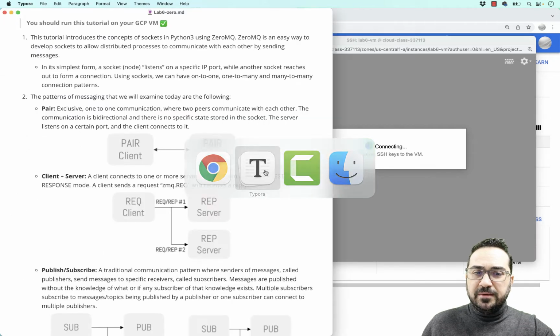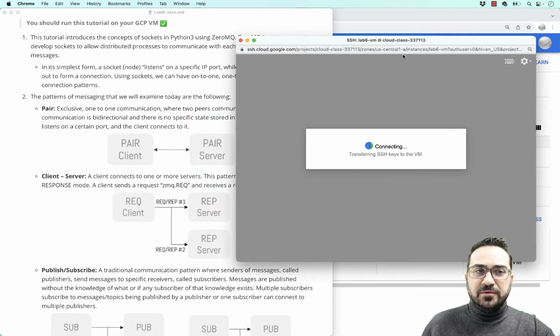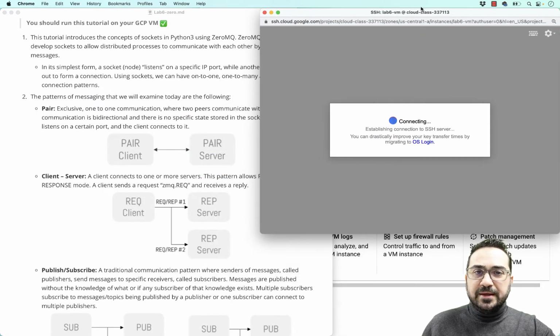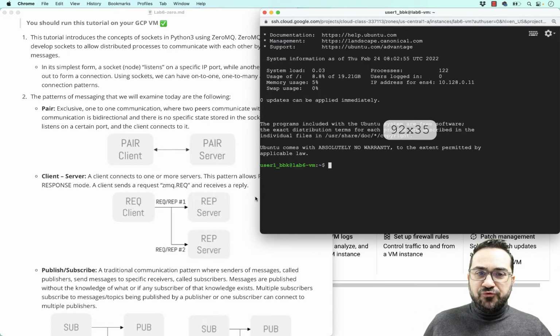I will open also my tutorial here, so I will follow the tutorial step by step, and make sure that while you are doing this tutorial you are copying and pasting correctly. Okay, so don't make any mistakes. If we're using the terminal, we have to be very careful. In Visual Studio Code, I think it should be much easier to control the situation when I have to add a lot of text and code.